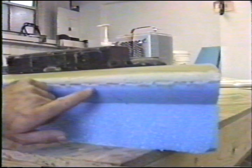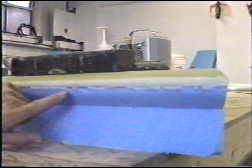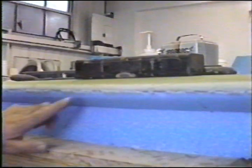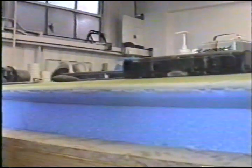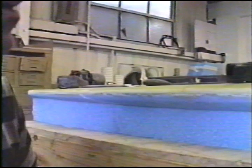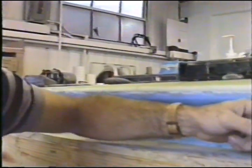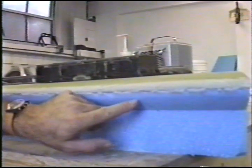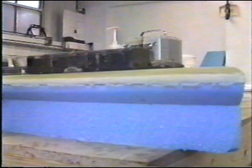Because of everything there, you'll fill this depression, this area, this cut line, with dry micro all the way down its length, just prior to glassing. We haven't sanded this surface yet, so you might notice there's a little cleft from here to here. We did sand this section, but we'll sand the rest of this in the next section of the tape where